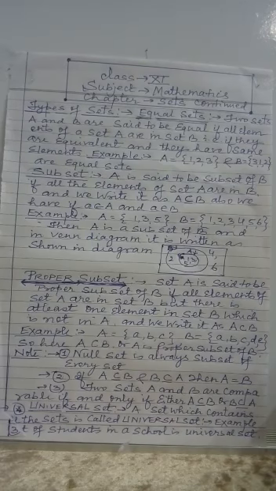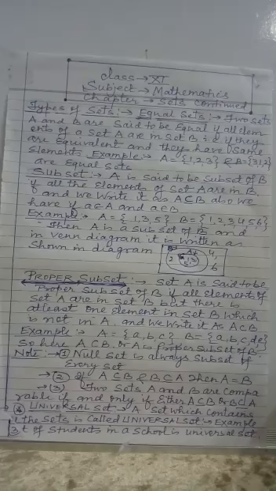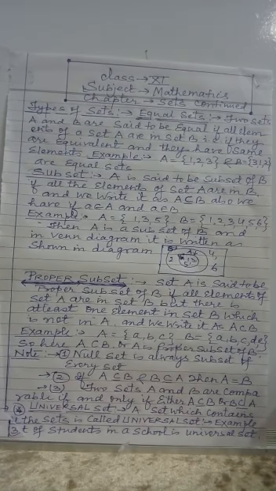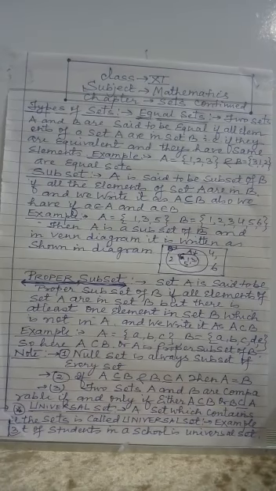As you know, in equivalent sets the number of elements is the same, then we say sets are equal. So equal sets are those sets which have the same number of elements and the elements should also be the same, like A equal to set {1, 2, 3}, B equal to {3, 1, 2}. So although the order in B is different, it represents the same numbers 1, 2, 3. So both the sets have the same cardinal number. Cardinal number is defined as the number of elements of a set. So 3 elements are in set A and 3 are in set B. They are equivalent. Therefore they are equal sets, as the same elements must also be there. These are the two conditions.